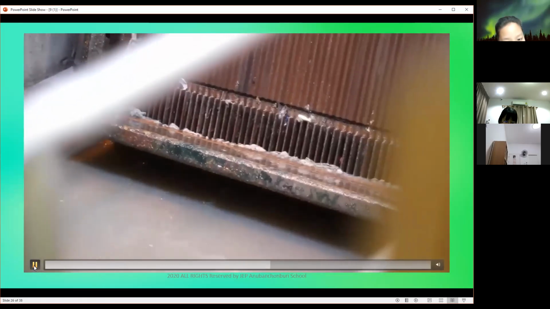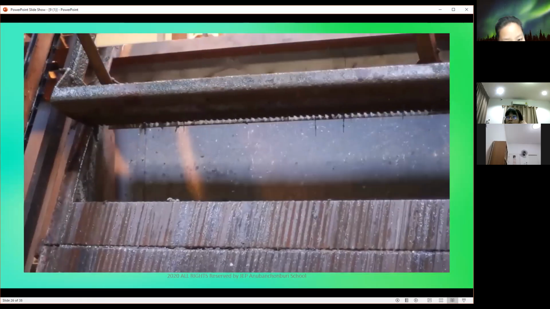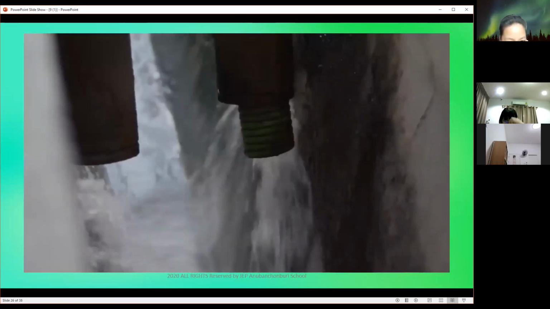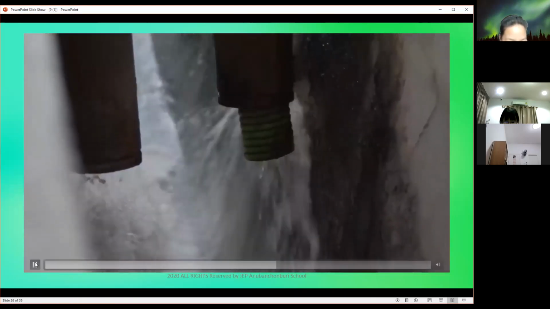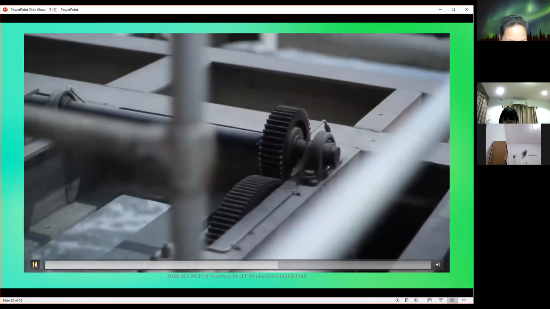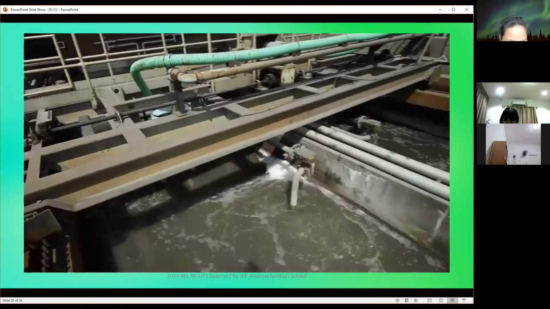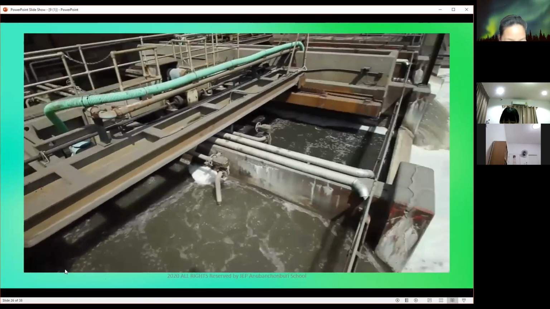After this, fine screens are used to remove the smaller material in the same way. Next up is grit removal. Grit includes sand, gravel, and other heavy solid materials that are heavier than the organic solids in the wastewater. Removal of grit happens by